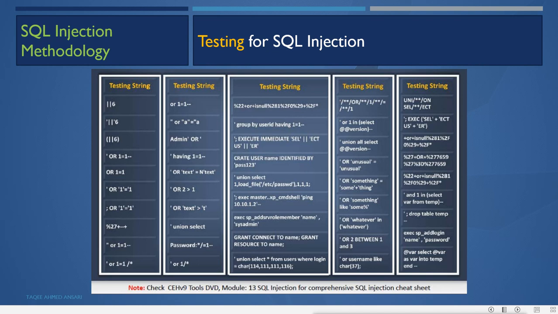For example, in this execute, what is it doing? It is trying to execute a command on the server, on the SQL Server, and it is trying to run the ping command. And it is possible and will be successful because of the xp_cmdshell option being available in the database server. Then these are the OR statements, these are the UNION statements. So we have these different query strings we can test. These are some samples of SQL injection queries.